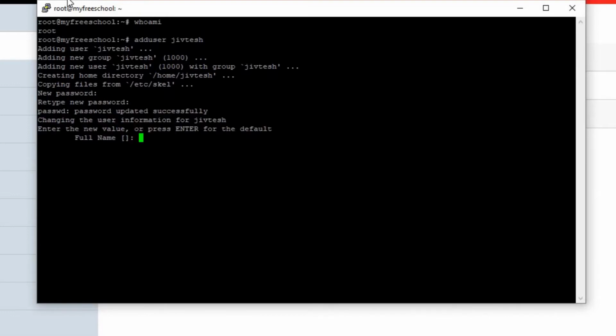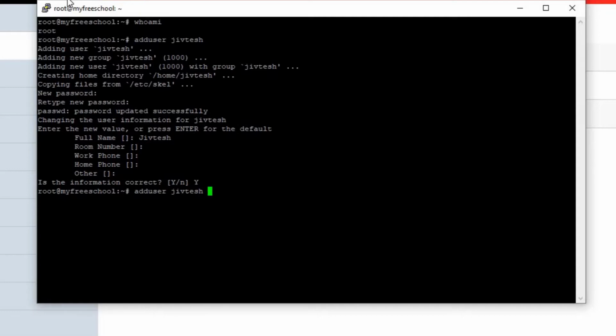Okay, and it will ask for a few details, so you can skip these ones as well, just press enter. So is the information correct? Yes. So okay, we have created a user. Now I'm going to add the user which we have created, which is myself, to sudo, so that we can run the commands